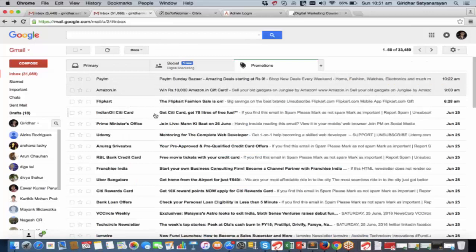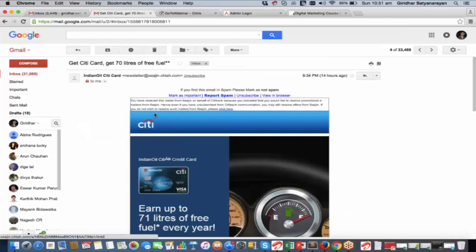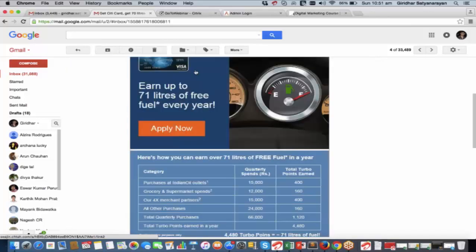Okay. For example, Indian Oil Citi Card. Look at this, some email that is registered just for spamming. But nobody really cares about what this domain name is, because what they see is this name, the actual title, and then what the email contains. Right? Nobody really cares what domain name it's coming from.